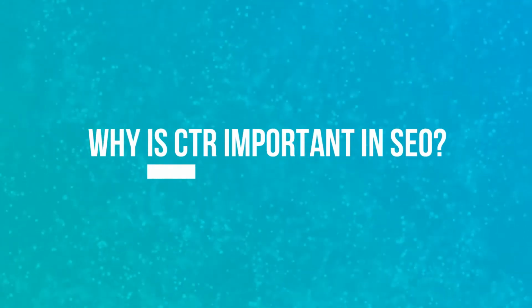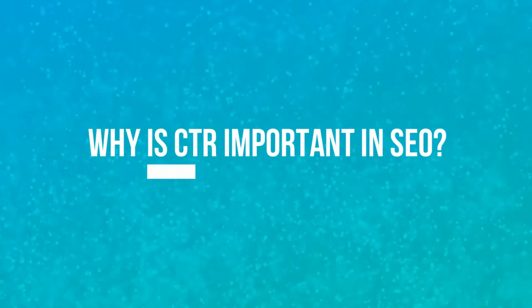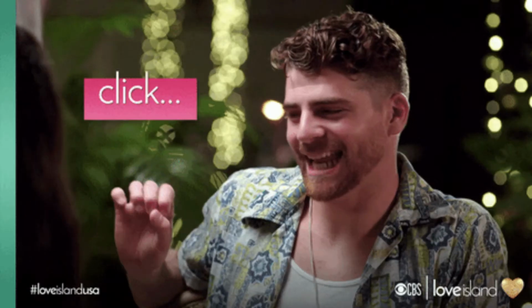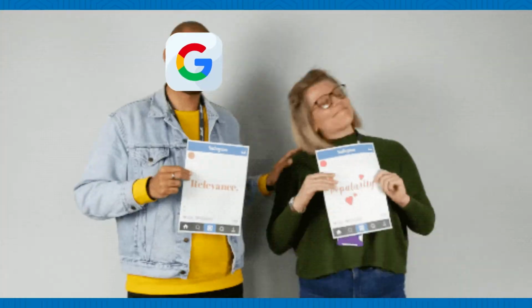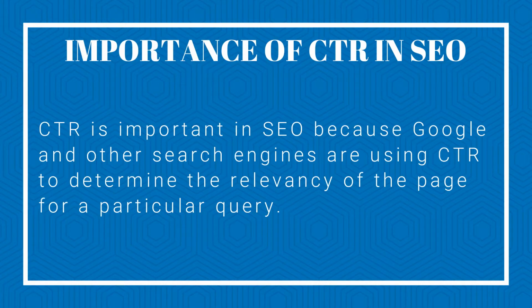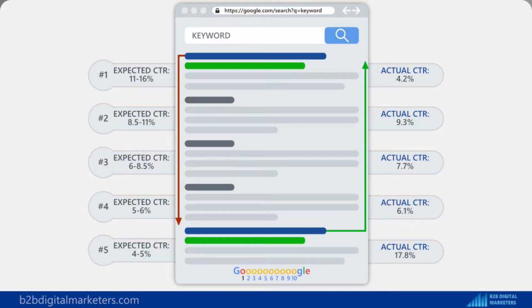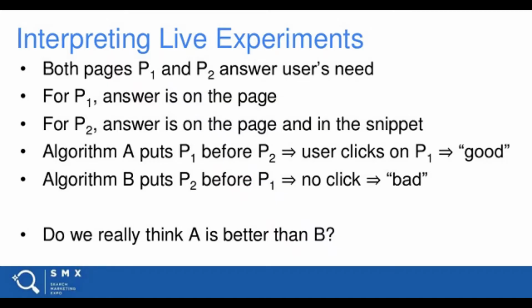So why is CTR or click-through rate important in SEO? CTR is important in SEO because Google and other search engines are using CTR to determine the relevancy of the page for a particular query. If, for example, users are clicking more, thus having a higher click-through rate on your page than your competitors, it sends a strong signal to Google that people are finding your page more relevant than others, and Google will reward you